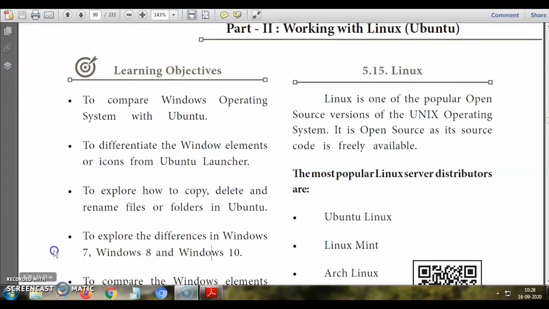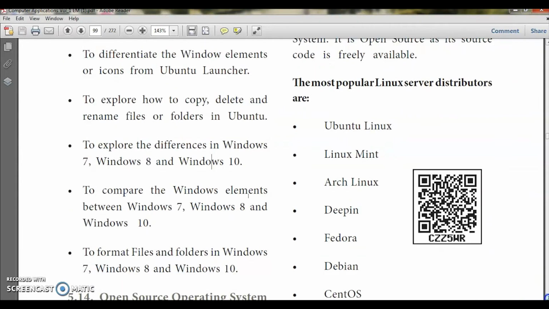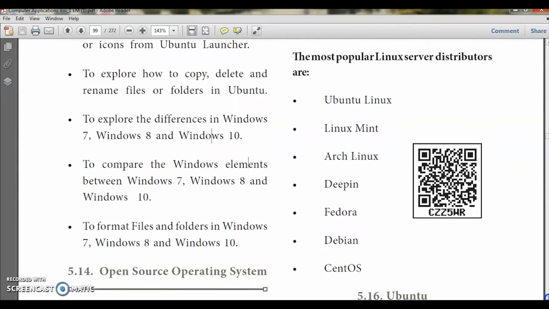The most popular Linux server distributors are Ubuntu Linux, Linux Mint, and next we are having Arch Linux, and then Deepin, Fedora, Debian, CentOS, like this.